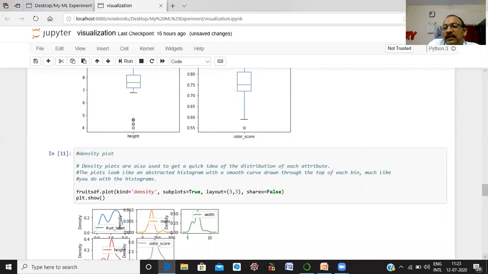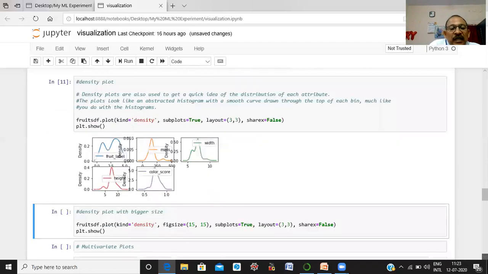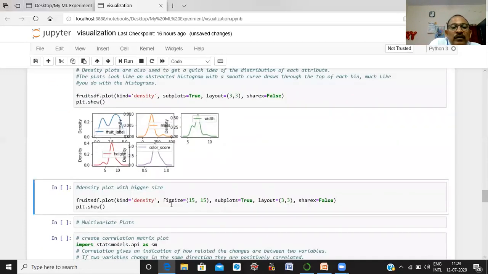To increase the size of the graph, here each graph represents the distribution of values of each attribute in a separate graph. To increase the size, here you use the figure size 15 comma 15.